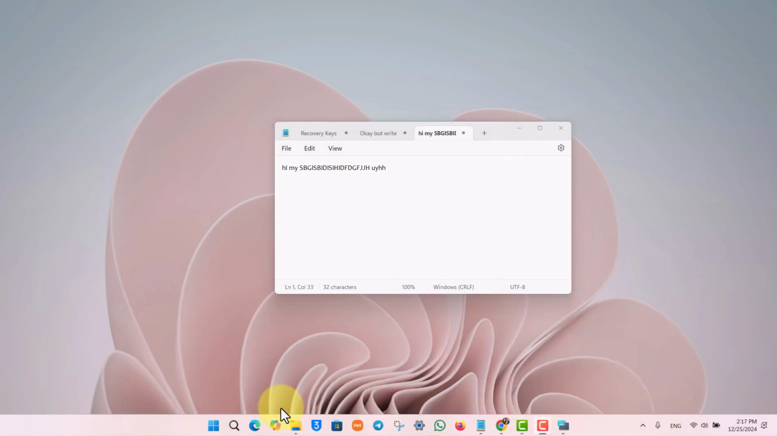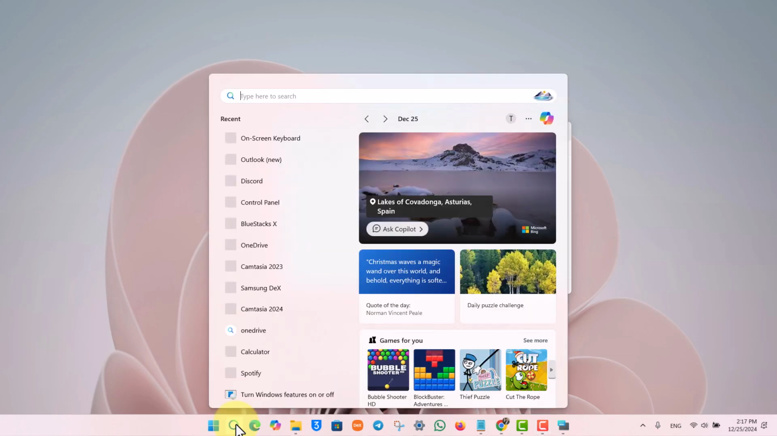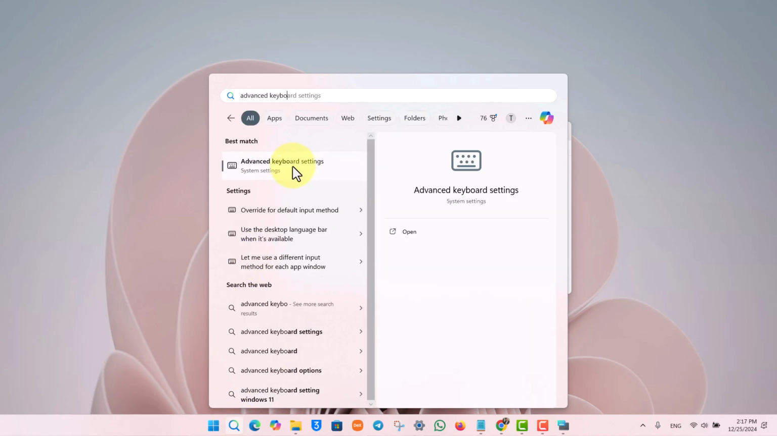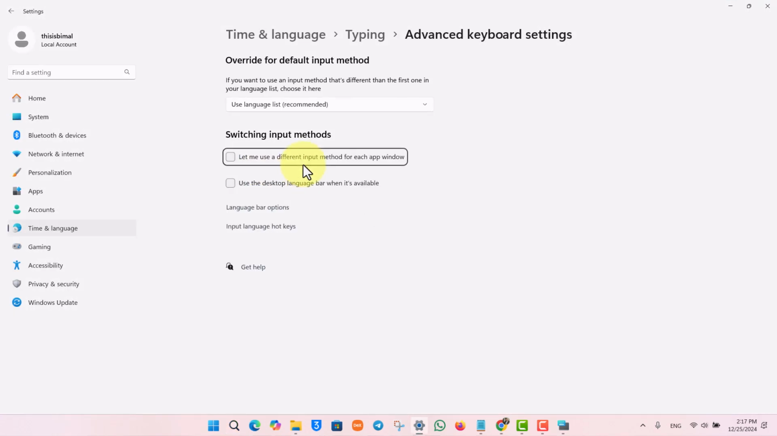Now after this, there are also a couple of things, because sometimes it could just be that the hardware on your keyboard has been damaged because maybe you spilled something on your keyboard. For that, what we can also try to do to check whether or not it's hardware damage is go to advanced keyboard settings. And once we go to advanced keyboard settings from our search bar right here, you can see